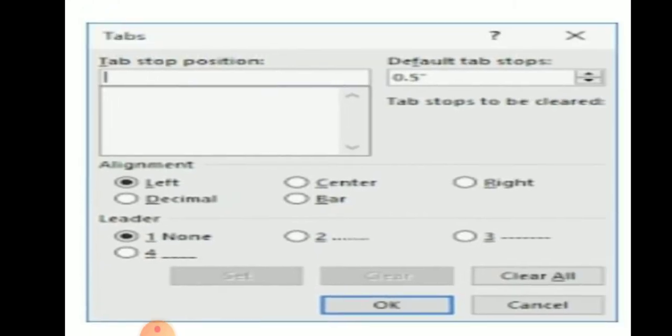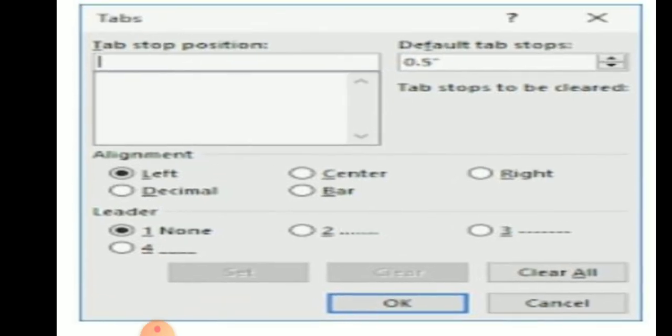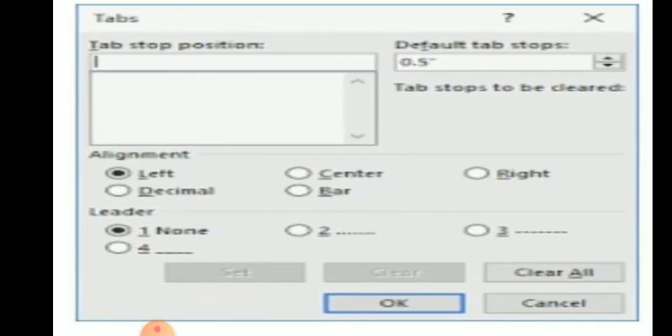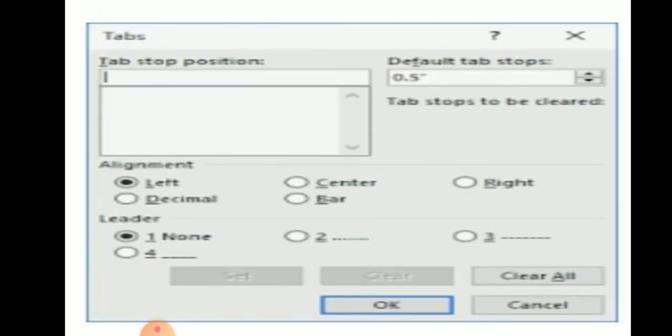Similarly, set a new tab at 3, then click on the OK button. Now by pressing the tab key, the cursor will jump to the next position where we want to set the tab stop.